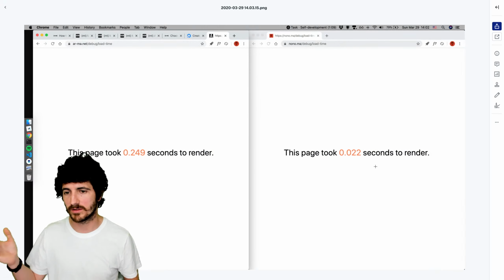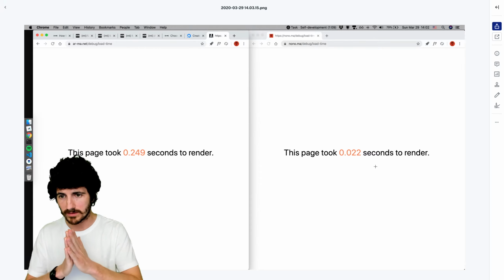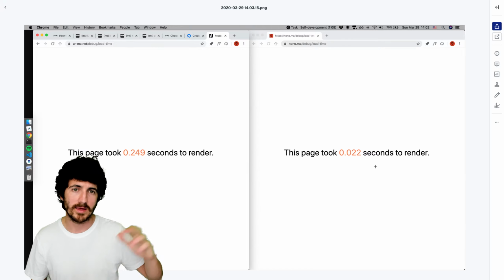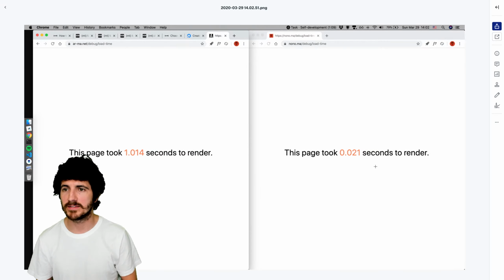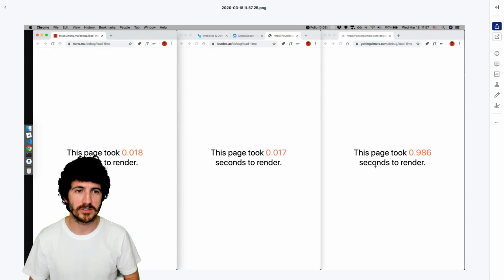And here are some comparisons. On the left, we can see a request that takes 250 milliseconds to run, and on another server it takes, I think, 10 times less, or a bit less than that. This is taking 1 second versus 21 milliseconds. There are many comparisons here.